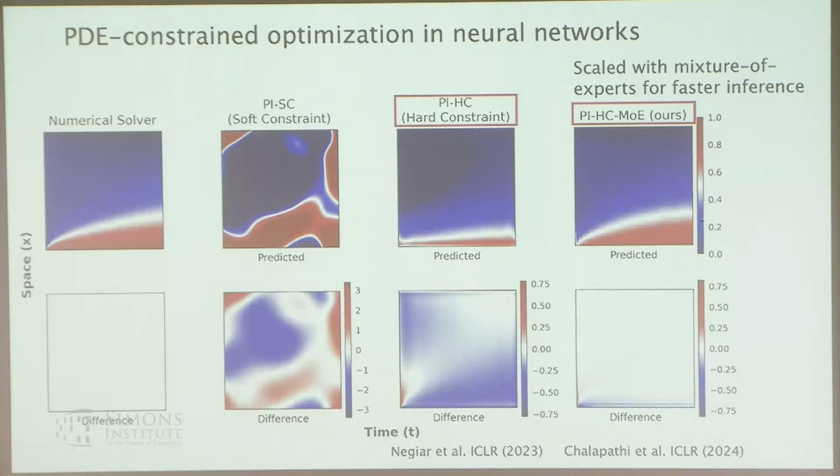So the way this works, this is an example here, just a 2D problem. You have a numerical solver up there, and that's the solution that we would like to get the closest to. If you add this physical law to the loss function during training, for many problems this is pretty hard to converge. It doesn't do so well.